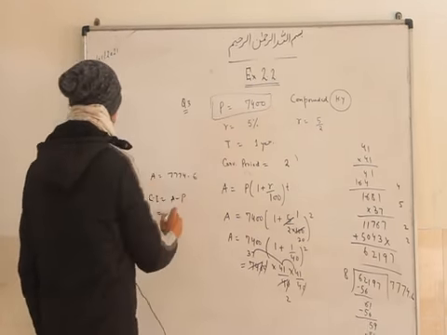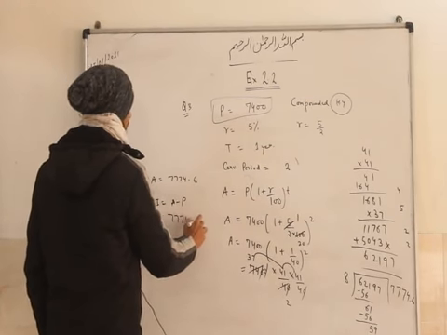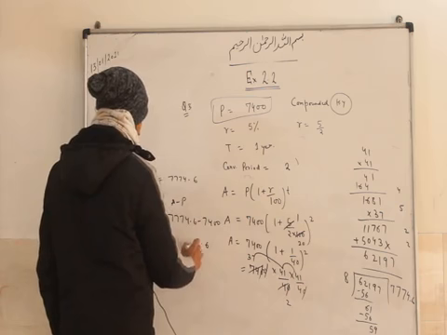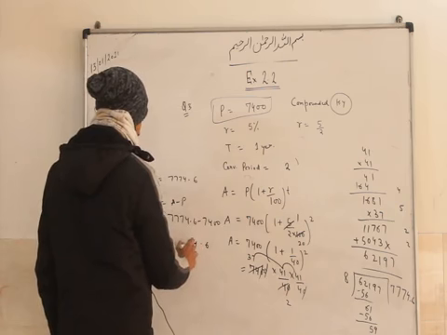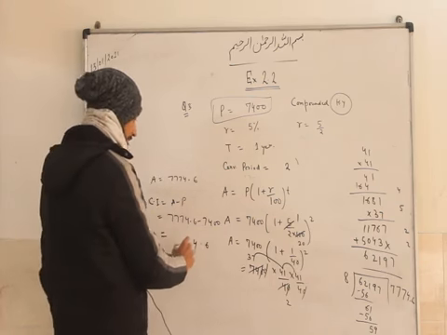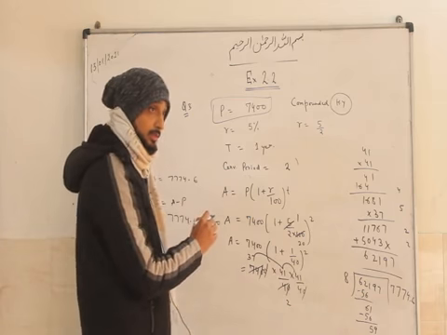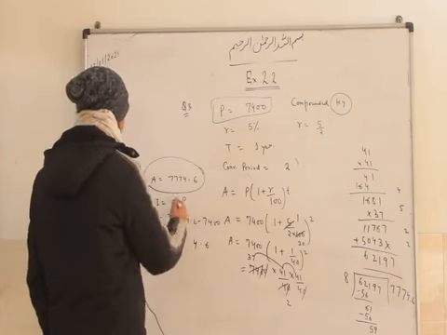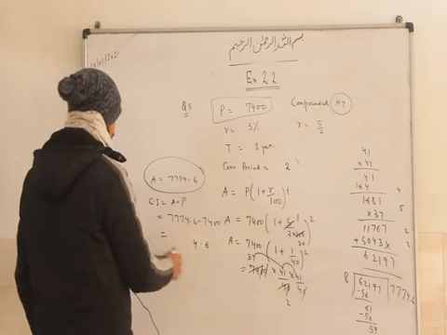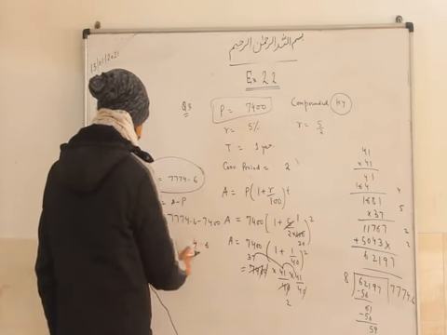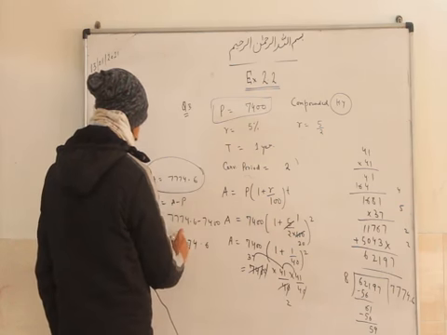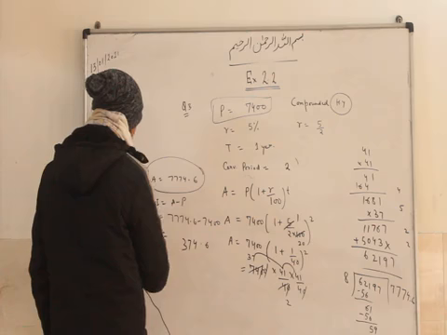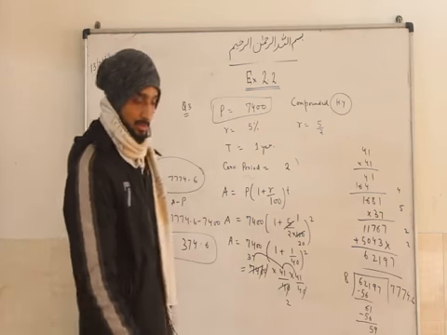We are finding the compound interest, so it will be amount minus the initial principal. So this is 7774.6 minus 7400. We can find this value. Okay, if only the amount is asked, we just find this, and if compound interest is asked, we can find the compound interest as well. So it will come 374.6. This is the compound interest after 1 year. Okay, so like this we have to